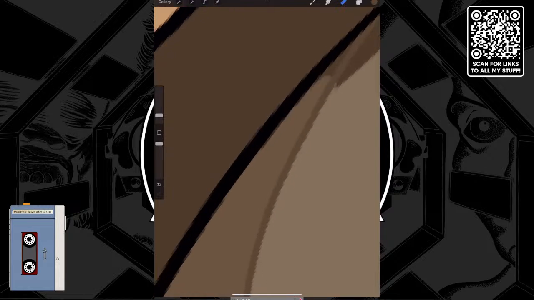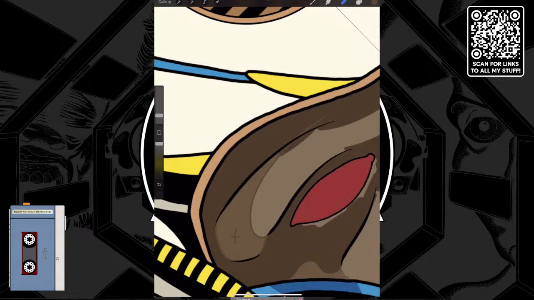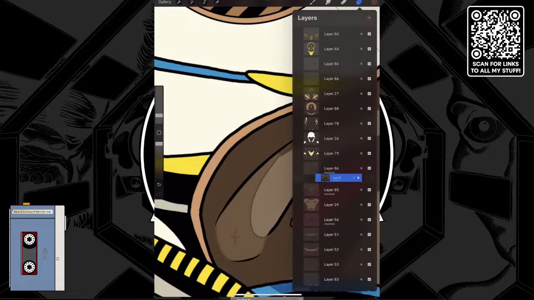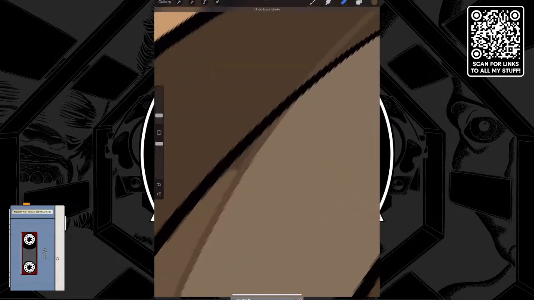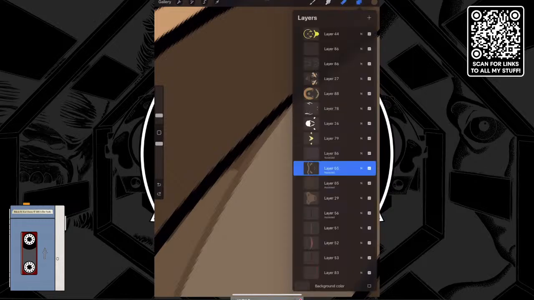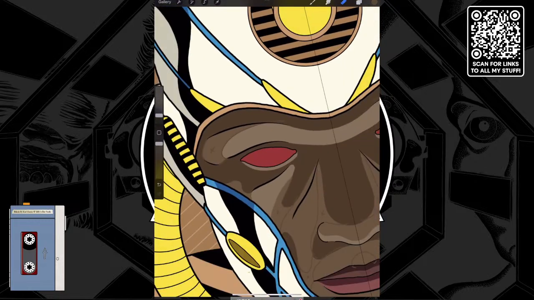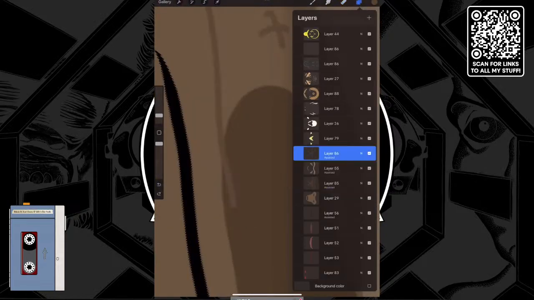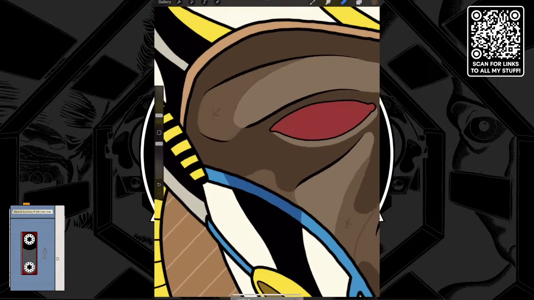Okay. Whoa, wait a minute. Why is that like that? Oh, I know why. Because this is supposed to be right there. Now we're good. I was going to say it should not. Wrong layer. There we go. Okay. So that looks fine. That's the wrong layer. This now has to go under, back to there. We should be okay.